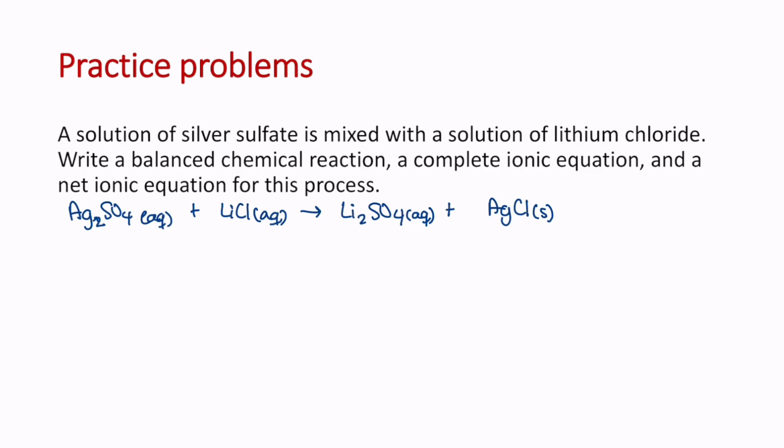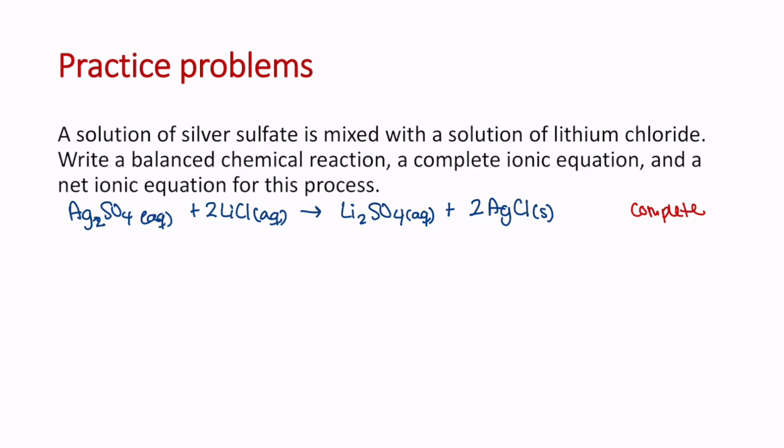Now I can go through and balance my chemical reaction. I have two silver on my reactant side, so I'm going to put a 2 in front of my silver chloride on my product side. And then I'm going to balance my chlorine by putting a 2 in front of the lithium chloride, and that balances out my lithium as well. So this is my complete chemical reaction. Now I can write my ionic equation, and that's where we break up all of